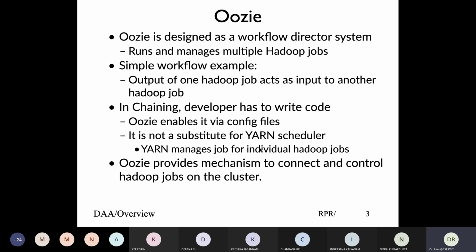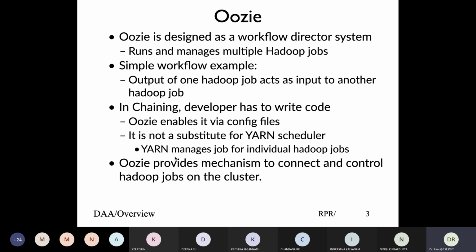Sometimes we get confused that workflow is also done by Yarn, but there is a significant difference between workflow management of Oozie versus Yarn. Yarn manages resources for a given MapReduce job: which mapper has to run on which node, and if a particular mapper has failed, it has to restart, it has to split the job. So the whole concept of input split, mapper, combiner, reducer, output, managing resources for those MapReduce jobs is done by Yarn. Whereas Oozie defines the dependency of workflow between different MapReduce jobs. So understand the key difference.